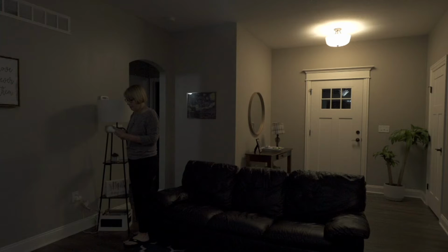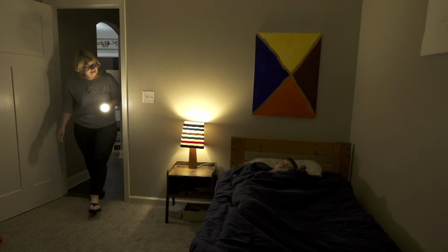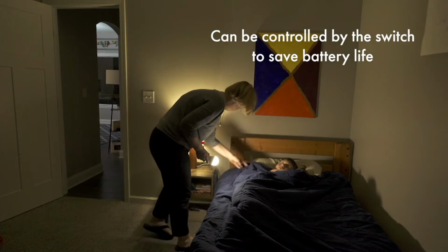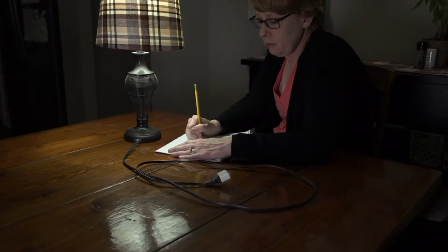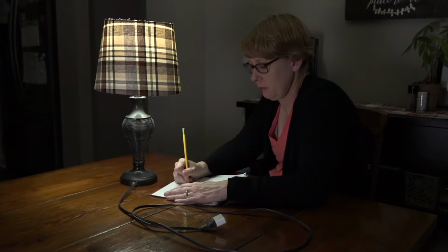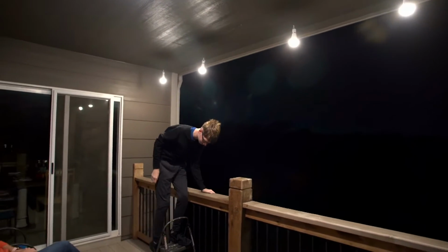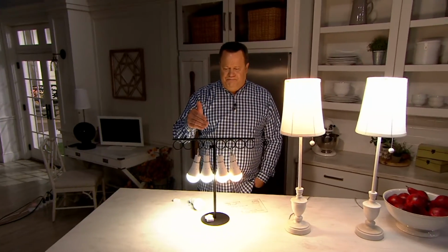Now, do you have a ceiling fixture in your home, maybe in your bedroom? And when you take the shade off, there are 3 light sockets inside? The original bulbs that we brought you from BrightLiving could not go in all 3 sockets. You could only do 1. These are now capable of doing multi-sockets. So now you can fill up that entire light fixture, or you can utilize these outside, because in addition to